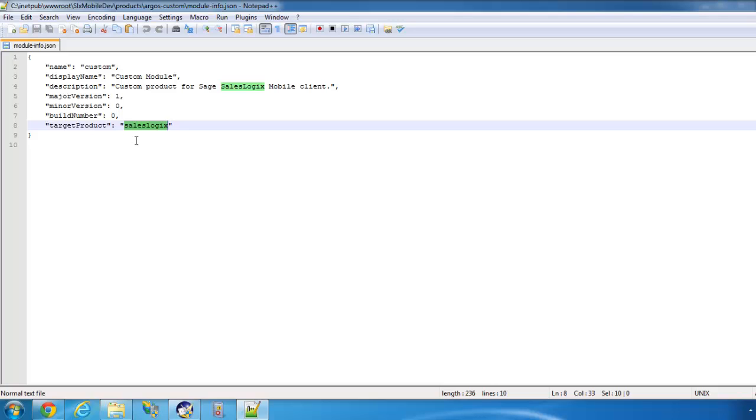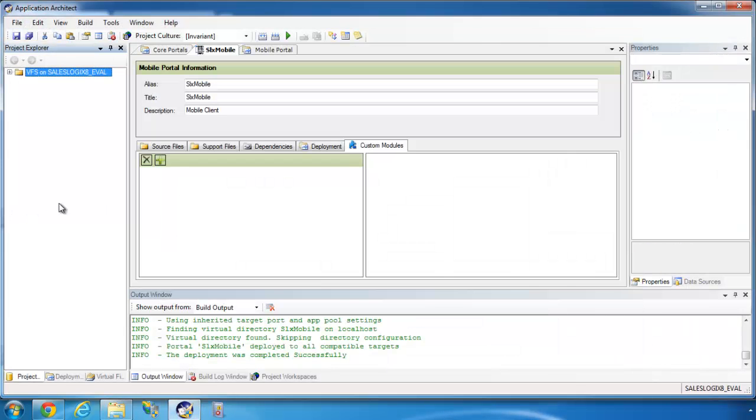I'm targeting the SalesLogix product on my Argos stack that I'm deploying this to. So the reason why that's important to note is that I can point the application architect to this file and it'll pull all the rest of the files in automatically for me. So if I close that, go back over to the application architect, this custom modules tab, click the plus button,